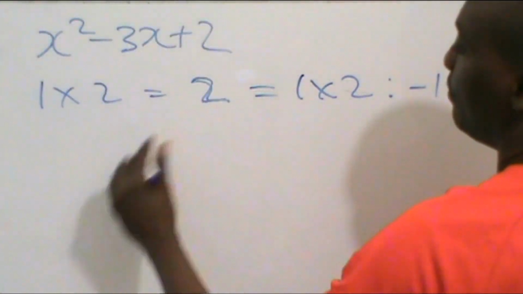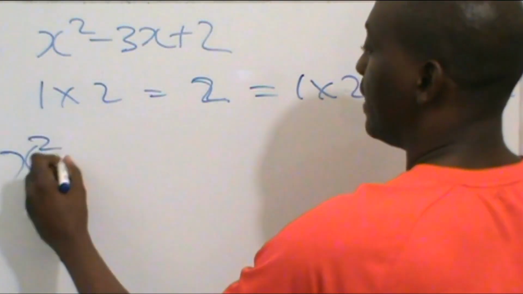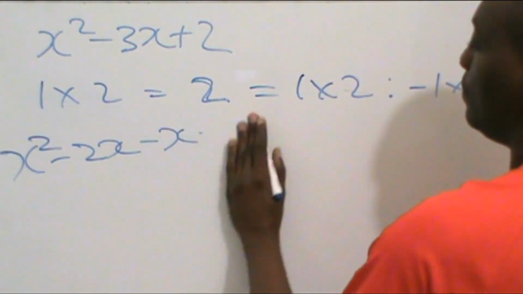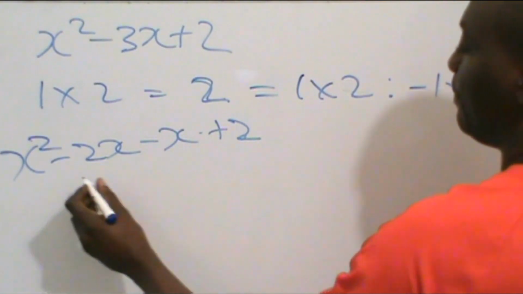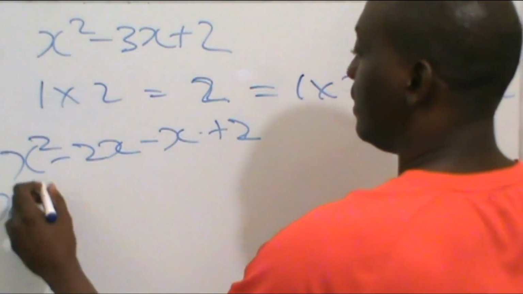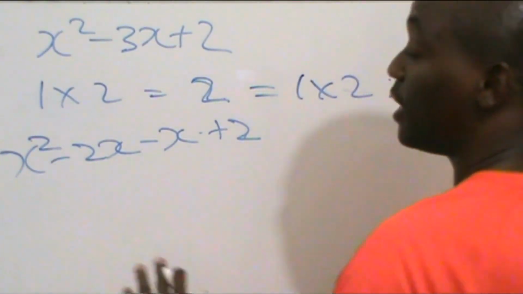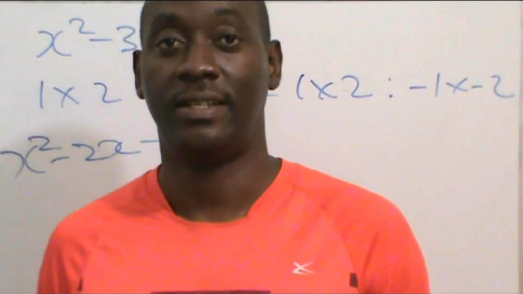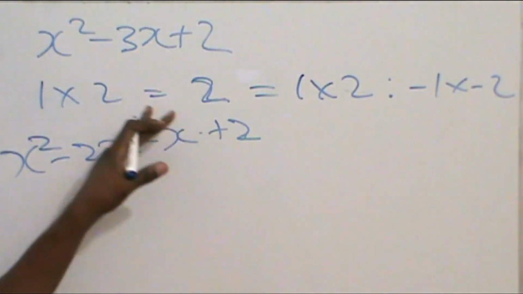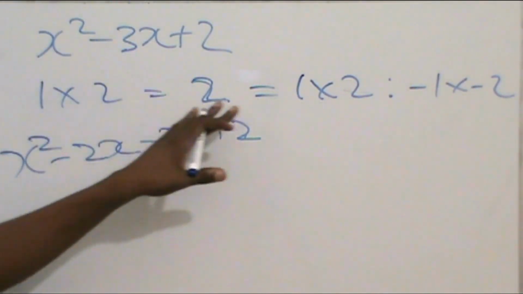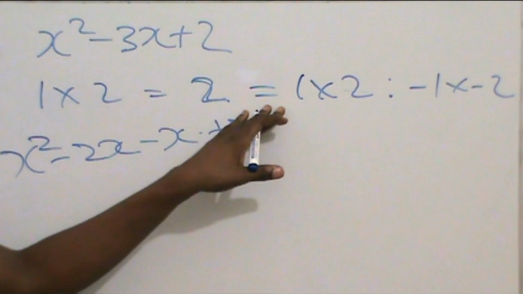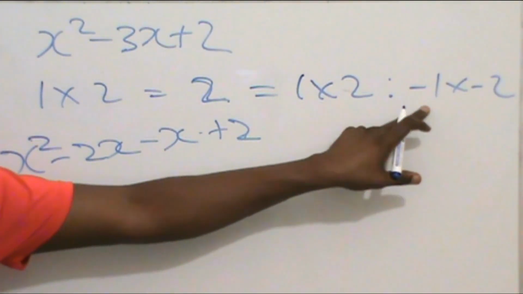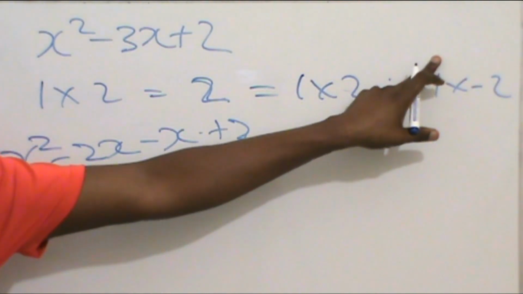So then we write this over as x squared minus 2x minus x plus 2. Now we factorize by grouping. So you see where the grouping re-enters the picture. The first thing is to multiply a by c, which is equal to 2, which is 1 by 2, or minus 1 by minus 2. Having gotten your factors, as you will see there on page 2,